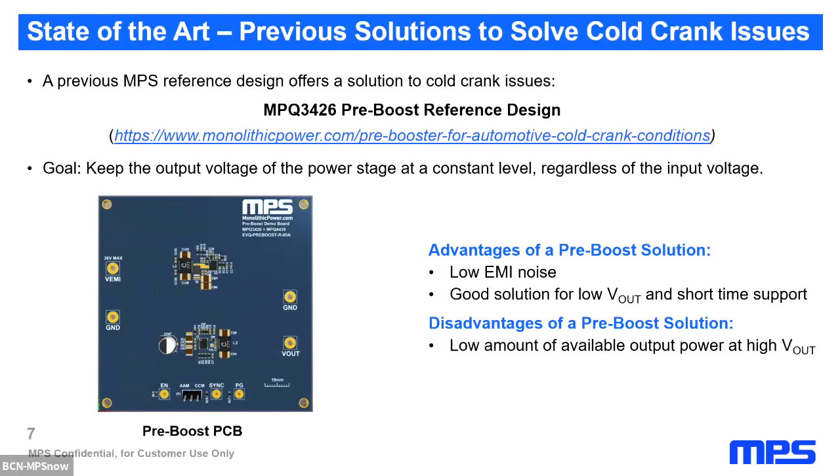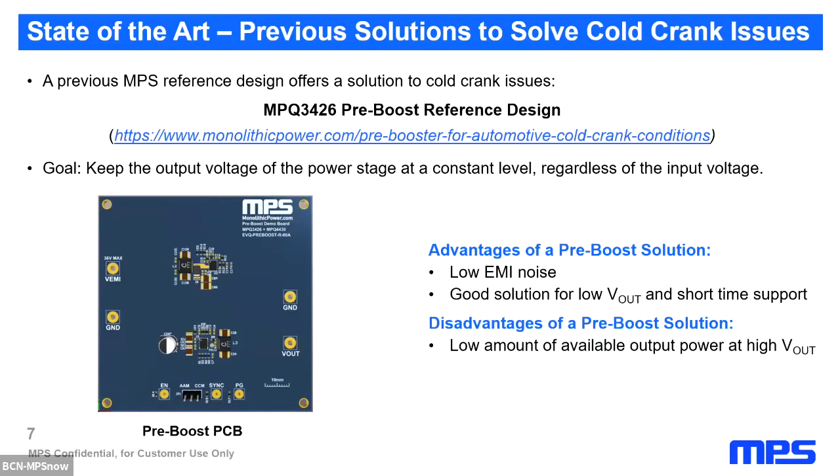All the documentation about this design can be found at the link presented here. As a general overview, this reference design consists of adding a boost converter between the input of the system, which is usually the car battery, and the common step-down converter seen in any automotive design. This boost converter will convert the battery voltage during cold crank in order to acquire a stable voltage level. Apart from this, the pre-boost will also act as an EMI filter, so the obtained EMI noise will be low. The main limitation of this design is that at high output voltages, we get a low amount of available power, making this design not suitable for ADAS